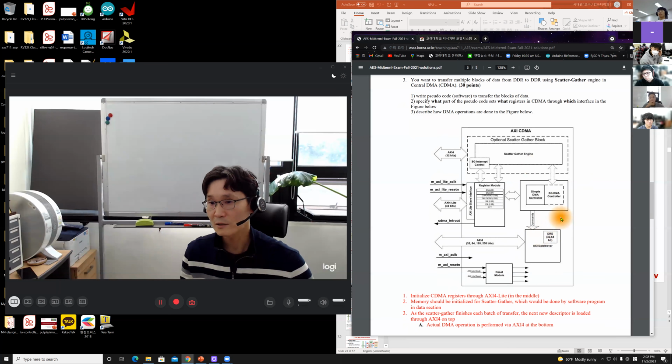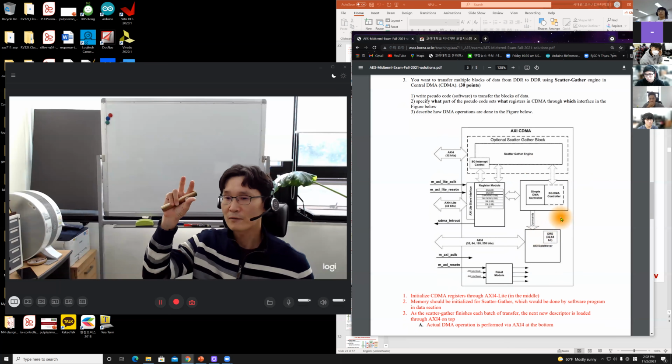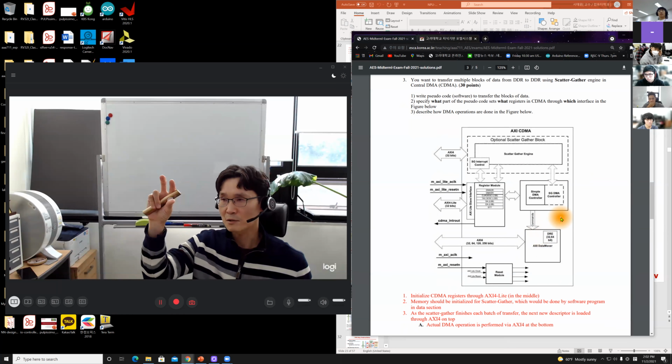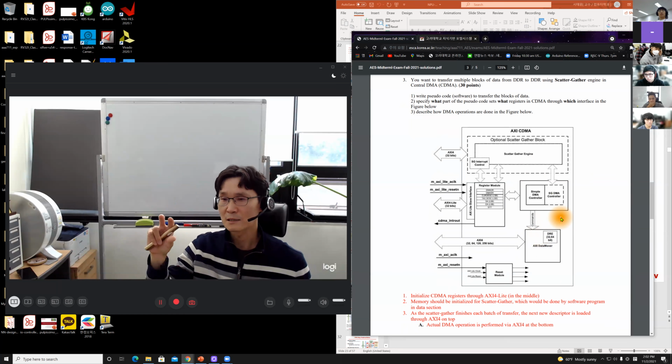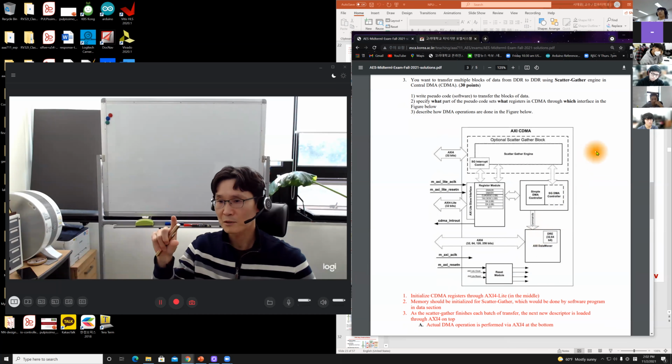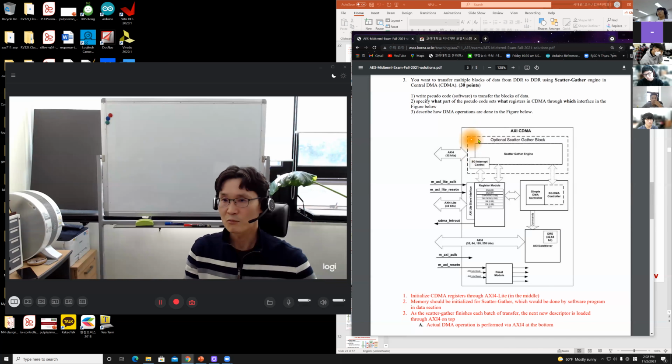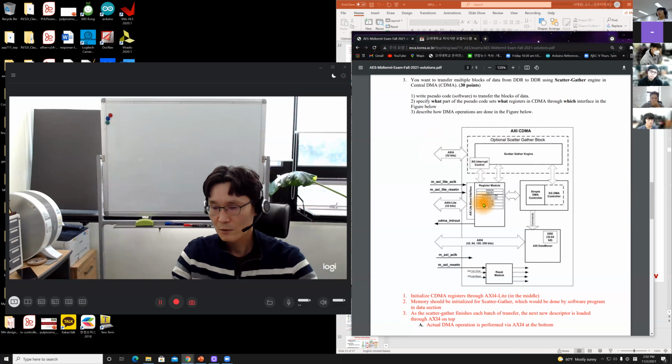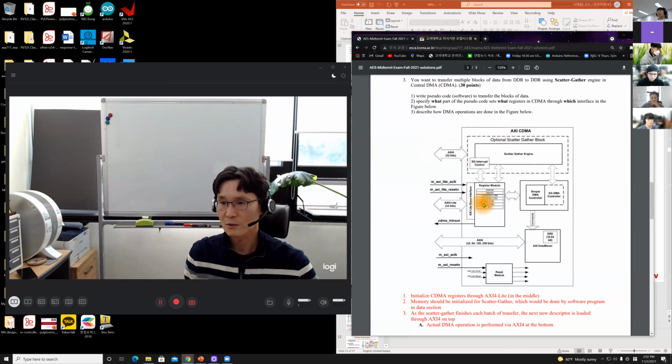BD, block descriptor, right? So you have a linked list of block descriptors in main memory. You have to prepare that block descriptor in main memory, then start the DMA operation. Then the block descriptor will come in through that connection, and the DMA engine will perform the DMA operation. So I was asking about hardware-software